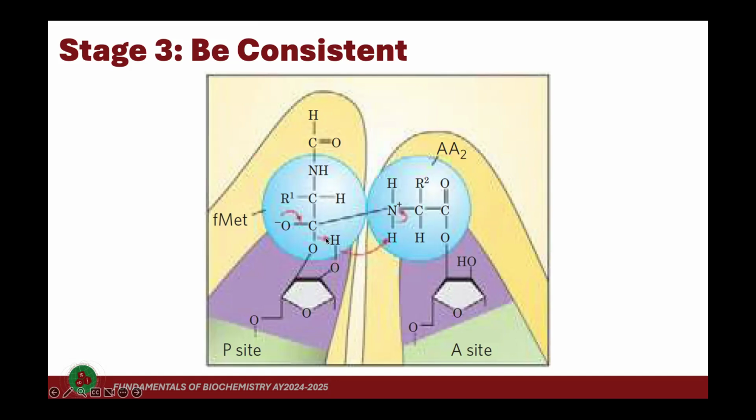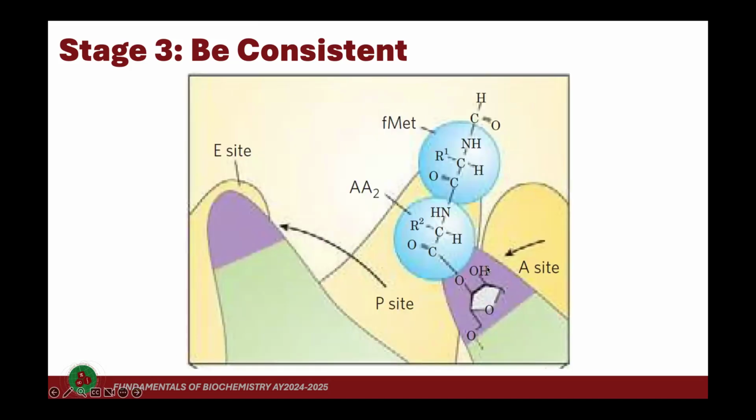Okay, so it will abstract this hydrogen from the 2' carbon of the ribose, and then this pair of electrons will abstract this hydrogen, which means you restore the ribose, right? You end up with the 2' OH and the 3' OH. And the ending is you now have the dipeptide attached to the second tRNA, which is still in the A